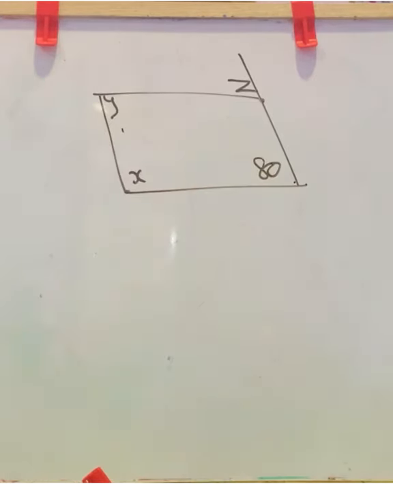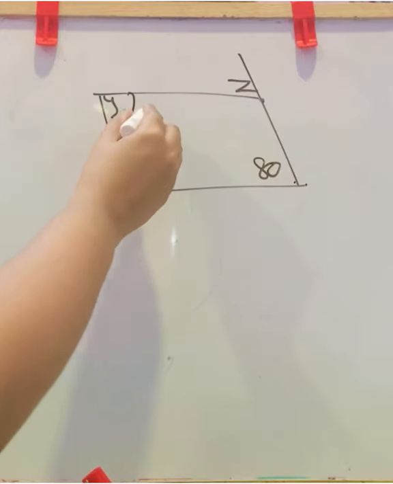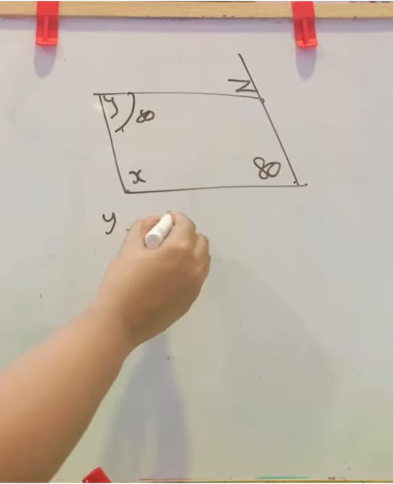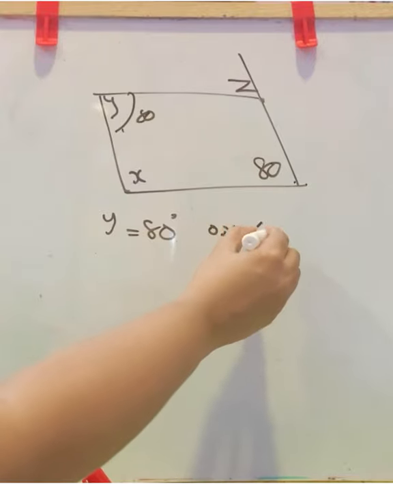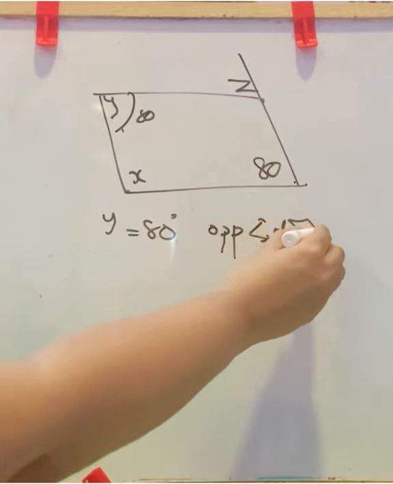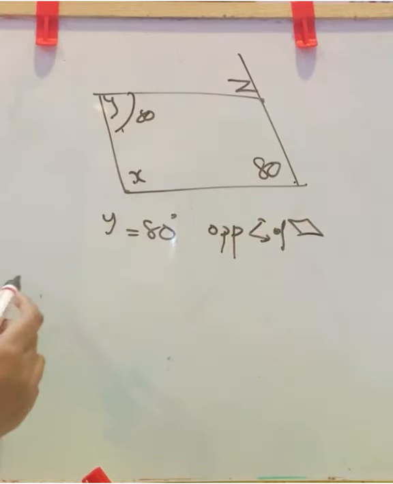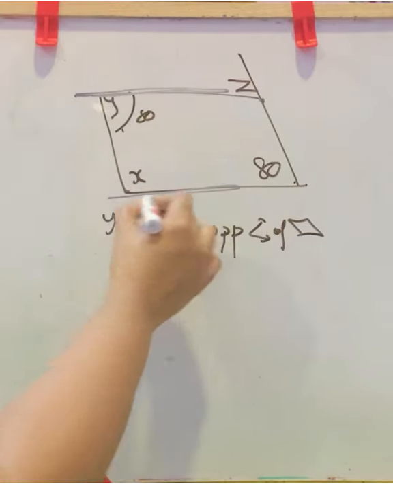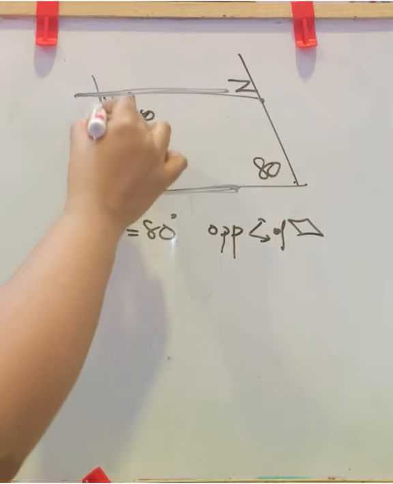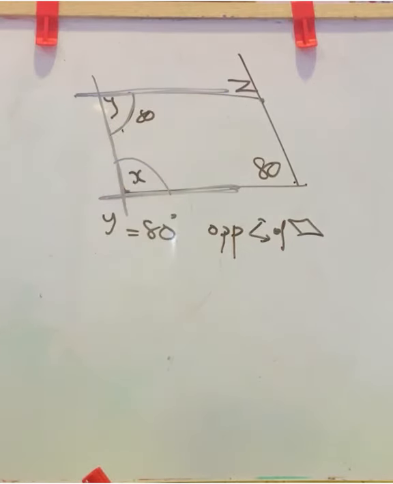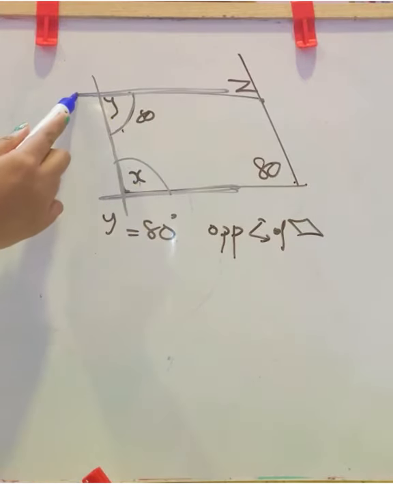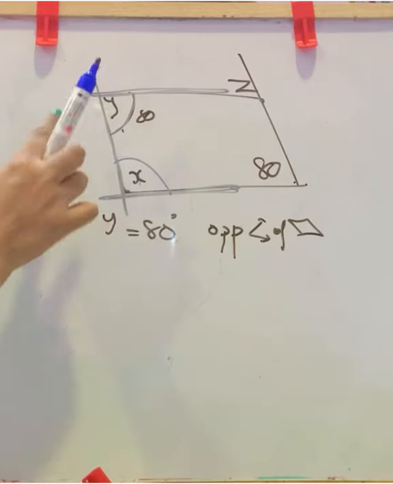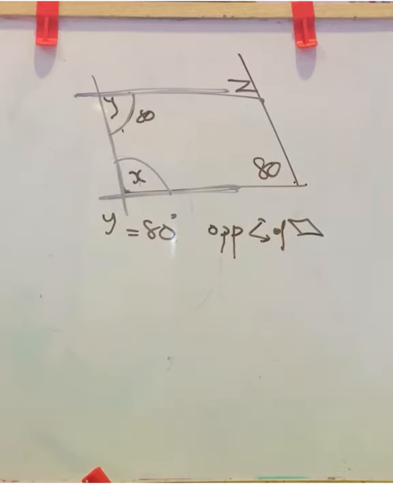Next, this is a parallelogram given. Here we have 80 degrees. So this will also be 80 because opposite angles of a parallelogram are equal. Now if this is 80, you can see parallel lines here, that is, this side and this side, and a transversal is falling. This angle and this angle are consecutive interior angles. They are interior angles. If it was like this, we could say alternate interior. It is on the same side.